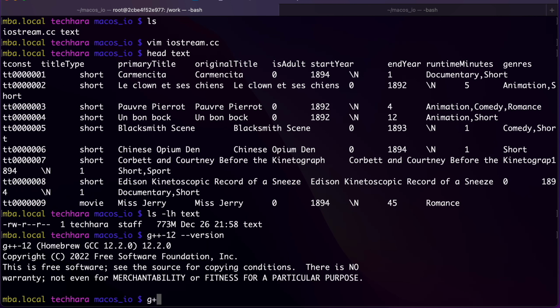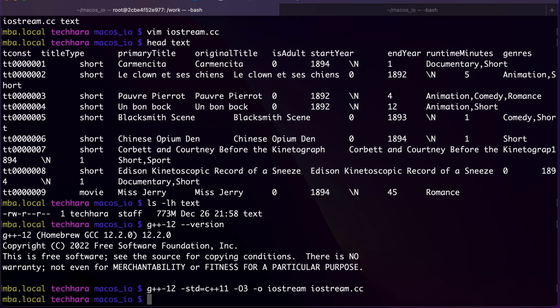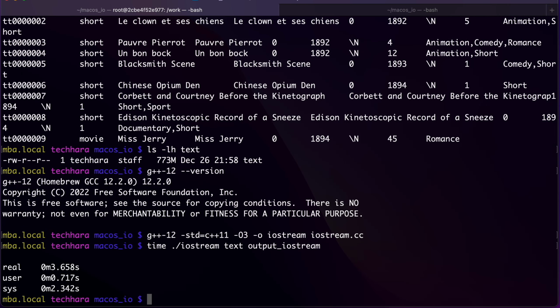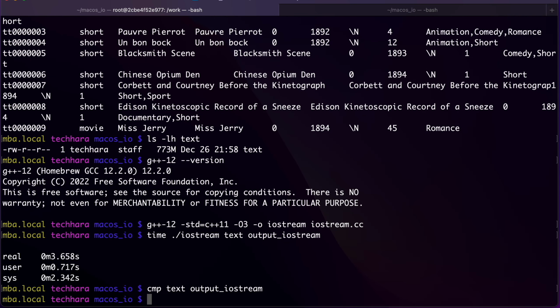So let me first compile this with GCC version 12. I'm going to turn on optimization and will output as an executable named iostream. If I run this, it takes about 3 seconds to complete on my M1 Mac. I can verify that the output is identical to the input. Now, what I'm going to do is essentially clone this program, but this time I will use standard I/O library